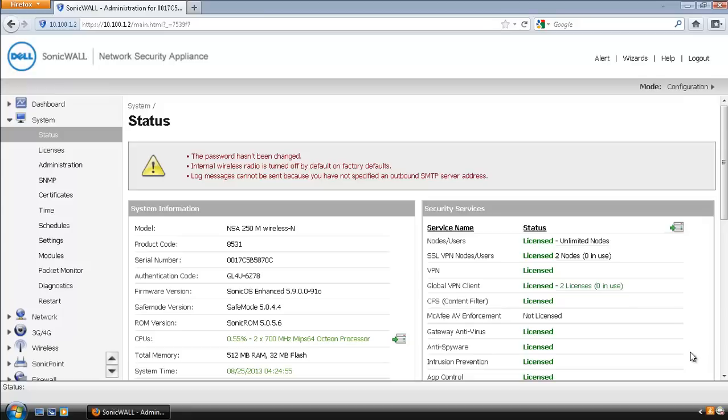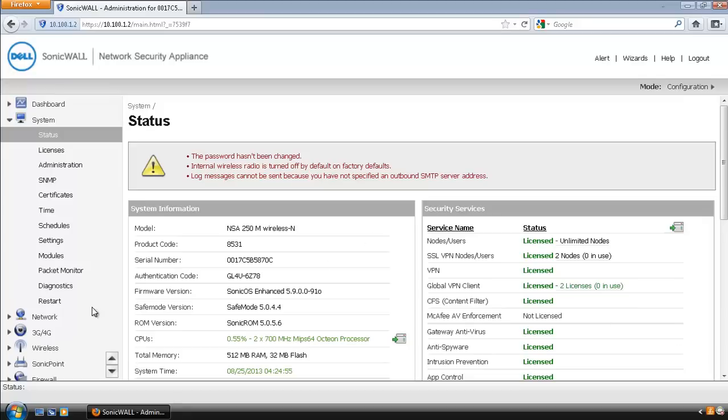Hello everyone. Today in this video, we'll learn how to set up a wireless guest network in your Dell SonicWALL firewall device. You might want to configure this type of network setup in your environment in case you want your guest client computers to communicate with each other, but you still want to restrict their communication with the internal network, that is your private LAN. In order to set up this kind of network infrastructure, your first step will be to